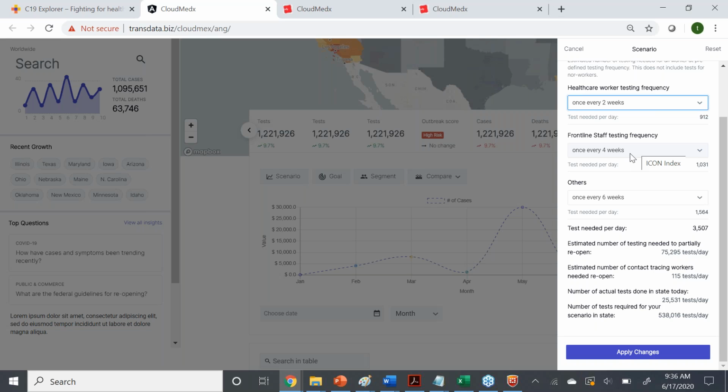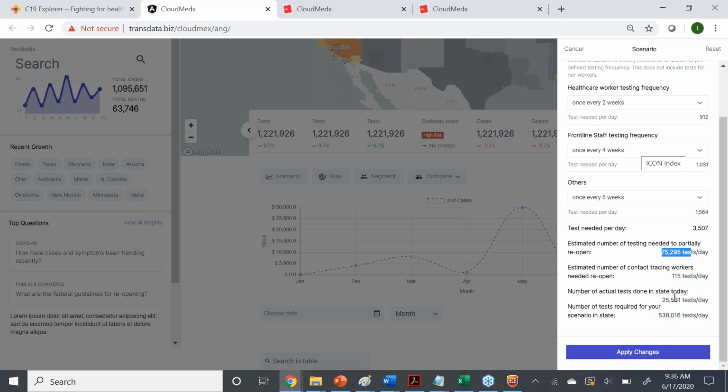So essential workers would be your personnel in hospitals, and they need to be tested every 2 weeks in order to make sure they're not sick and they're not making others sick. Non-essential workers can be 4 times, and everybody else can be 6 times based on how they're symptomatic or not. So based on this, we need to do about 75,000 tests a day in order to safely reopen and cover everybody who's at risk. But the reality is we're only doing about 5% of that right now. So we need to dramatically increase our testing capability